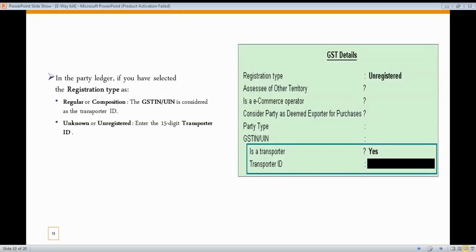So then finally you have to print this e-way bill. Once the e-way bill is generated and submitted, you can print it out for a record. So by following these steps, you can set up and generate this e-way bill in Tally ERP 9 for